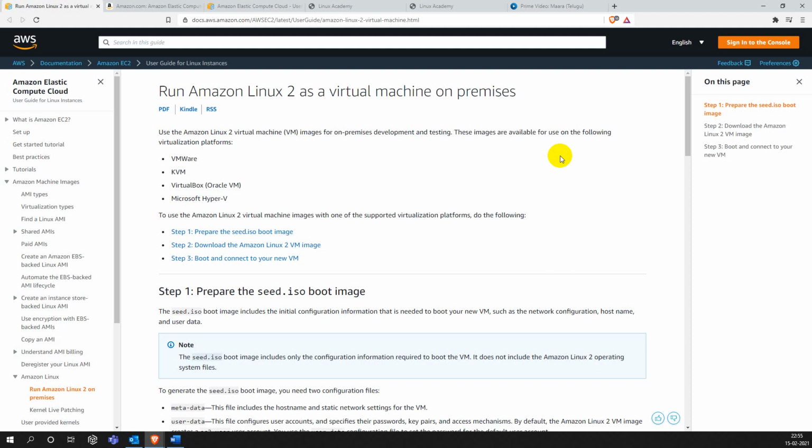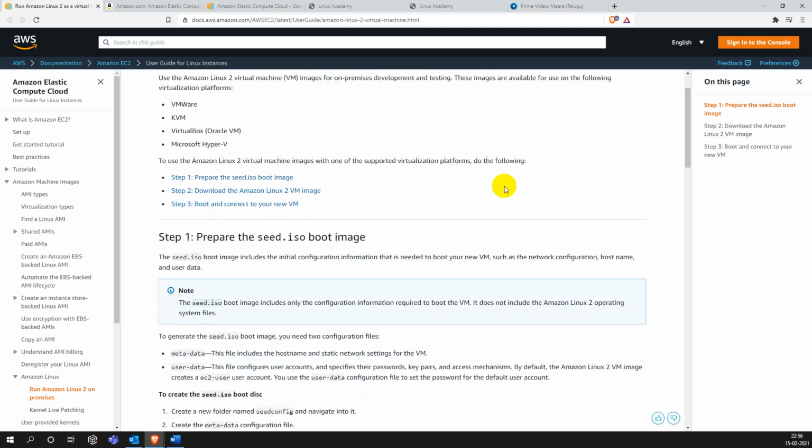And while you are importing, you need to do some configurations, right? During installation you will set all the username, password, machine name and all. Here in the OVA file, instead of doing those configurations manually or on the screen, they have provided configuration files, from which we need to create a bootable ISO file, and then we need to boot from that ISO file as a configuration. So let's see what that ISO file is.